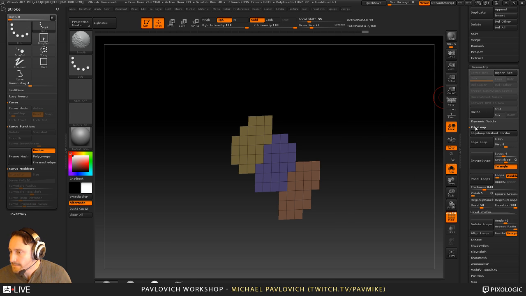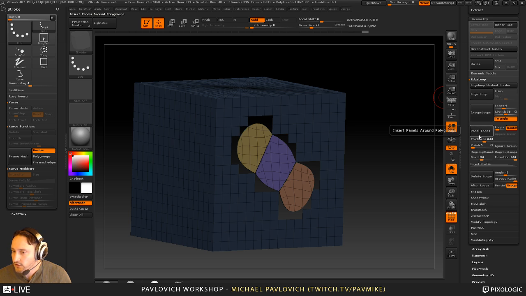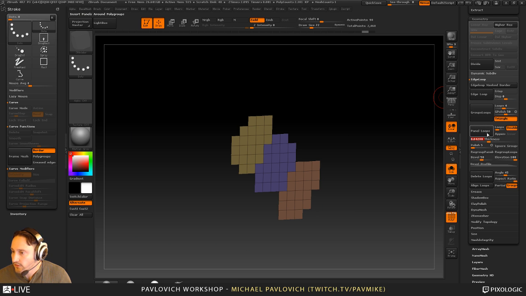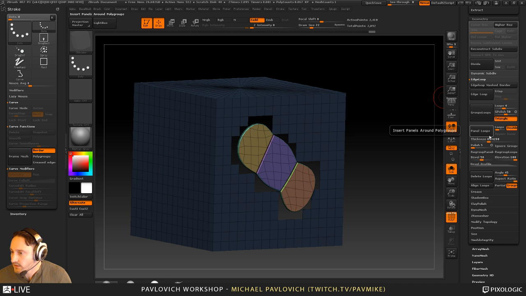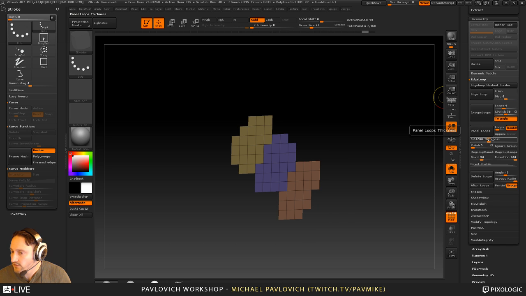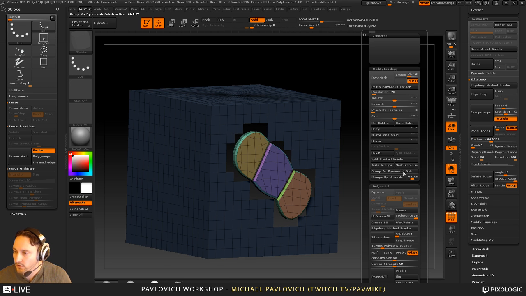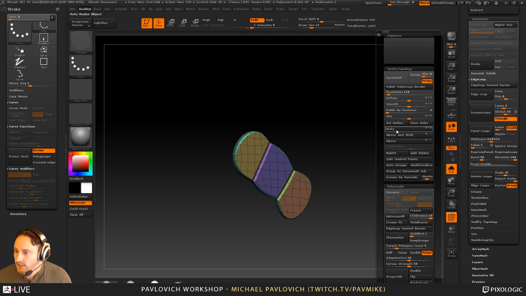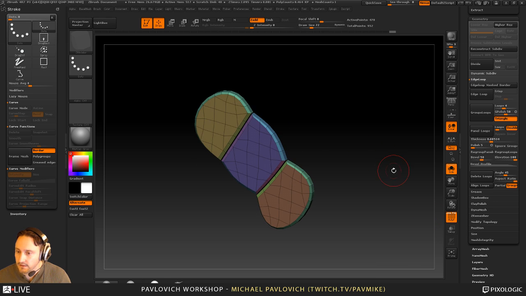Geometry, edge loop, we'll do panel loops, and we'll do double thickness. And since those are together, that's fine. Something like that. Okay, so we'll go ahead and do a hide point, delete hidden. So now that we've got these things here,